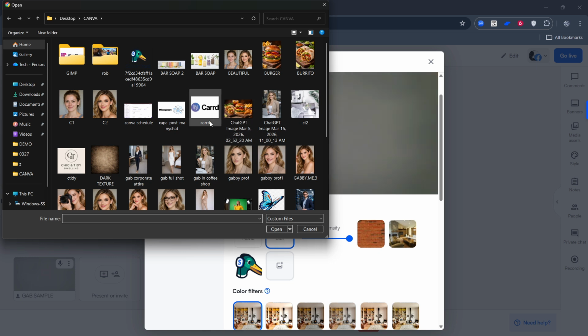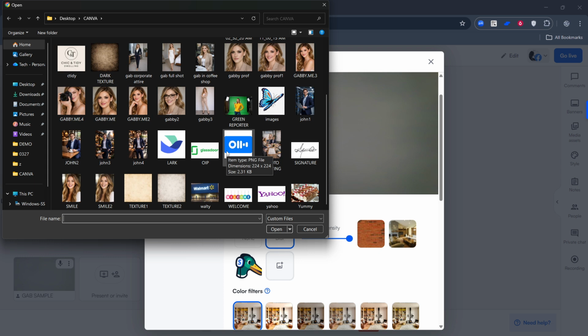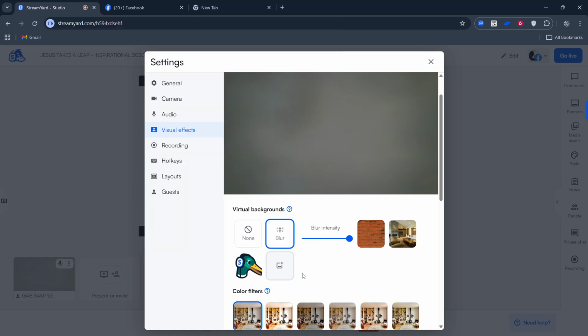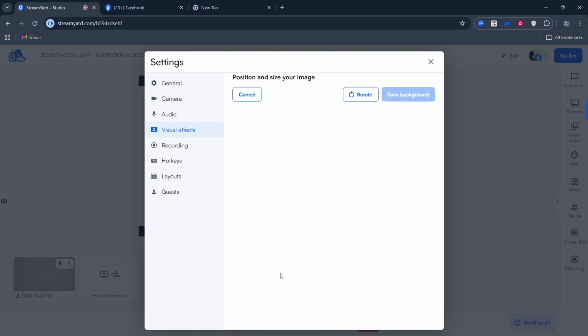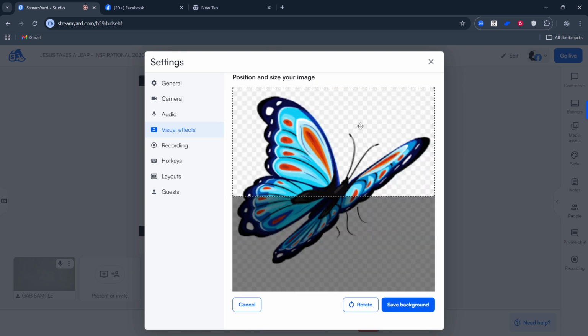That's it. Join the studio on a computer, open Settings, go to Virtual Background, then Blur, pick a built-in image, or upload your own, and use the green screen option if you have one. With these tools, your StreamYard background will look exactly the way you want,